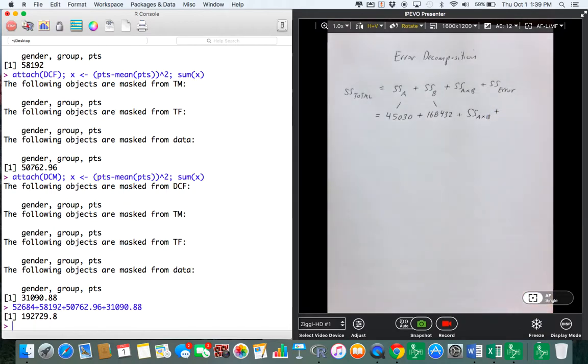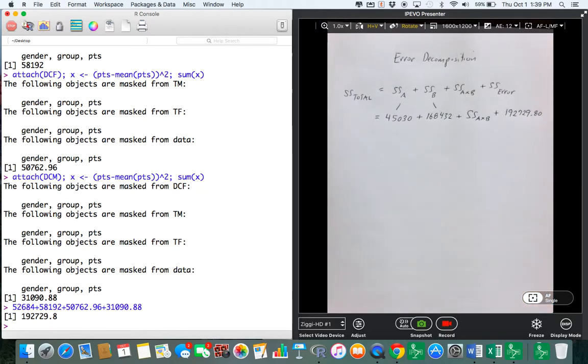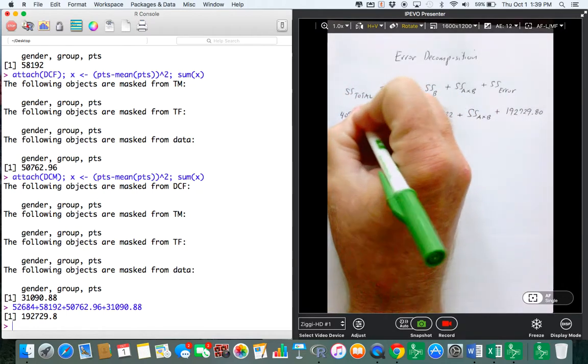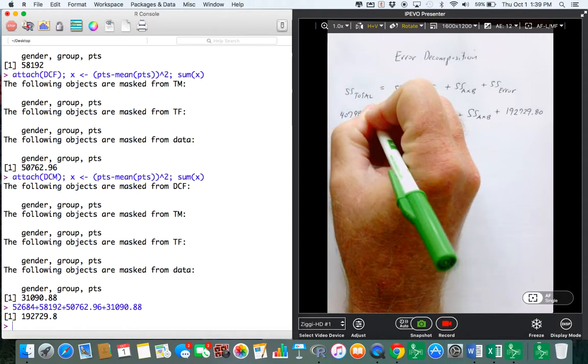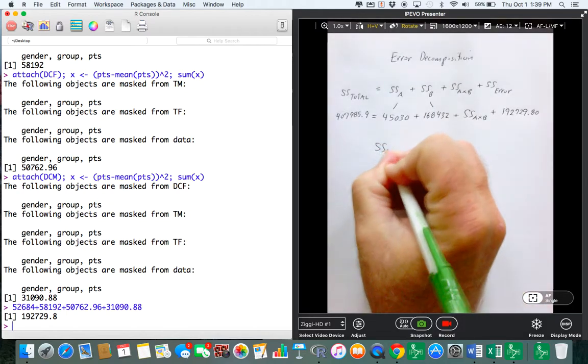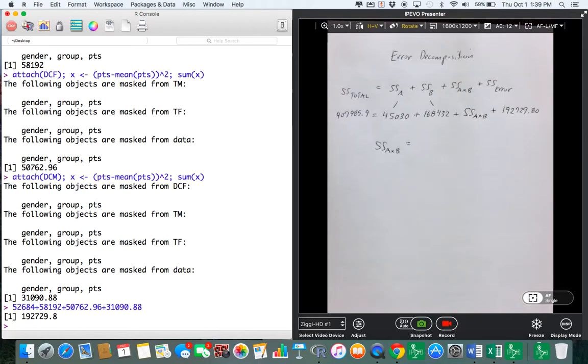The sum of squares for the error I just calculated and I've lost it. It's 192,729.80. And guys, my sum of squares total was 407,985.9. So gang, we can see that the sum of squares for the interaction is going to be,